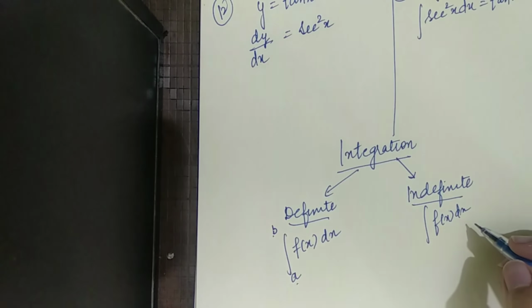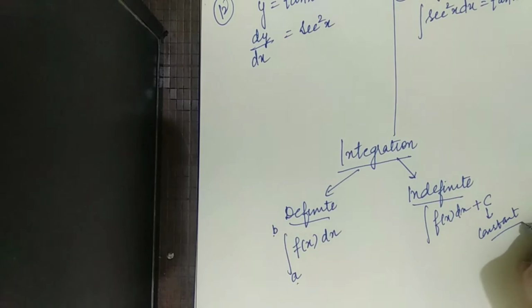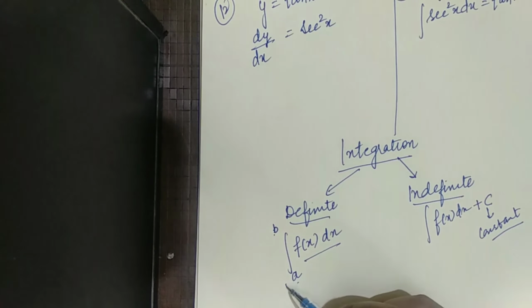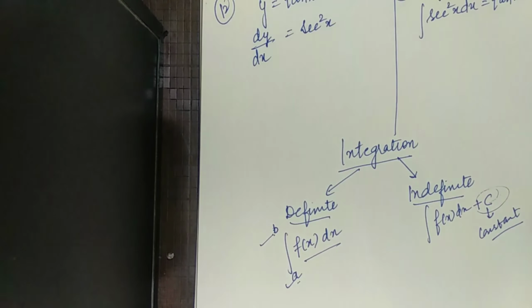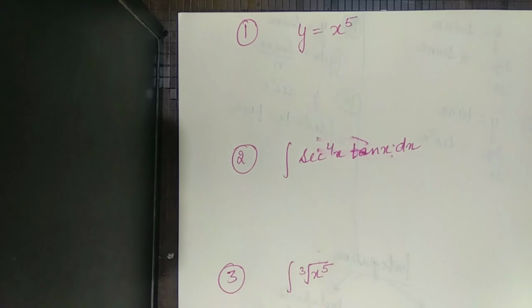And in this case, you have to write c. And what would be the c? C will be the constant, and we have to add the constant here for the correct evaluation. I hope this is clear to you, what the difference is between definite and indefinite integration, right? Clear? Okay, so in case of definite, we have to write the limits like from a to b, and in indefinite, we have to write the constant after the answer. Clear? Let's try to solve some questions.